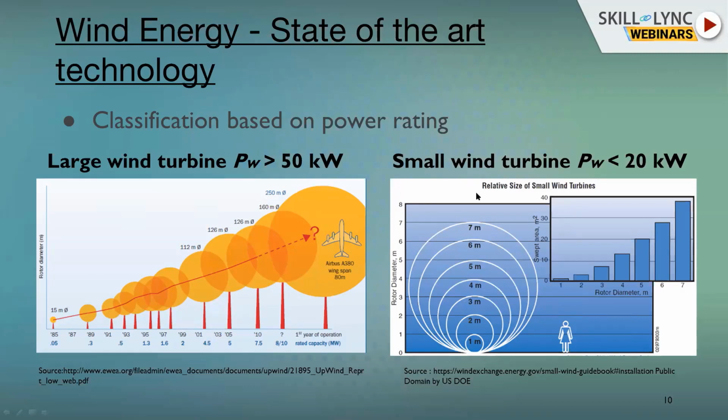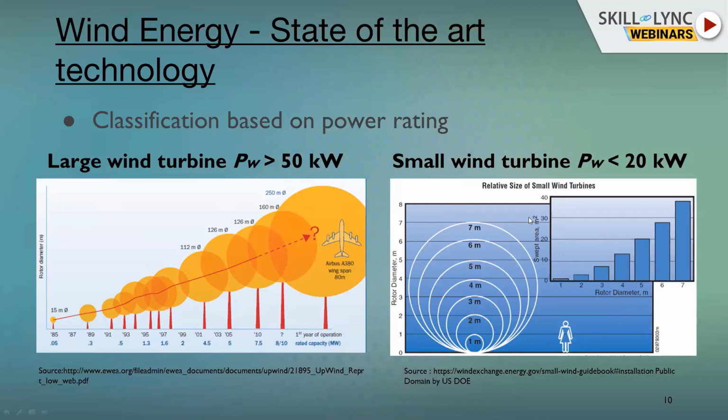But the interesting part, what we have seen in the recent scenario, is that in India, as we all know, it's a very congested country. So establishing large wind turbines requires huge land, and it is very difficult to get huge land and huge infrastructure for establishing large wind turbines. So MNRE, that is the Ministry of New and Renewable Energy, and also the Department of Science and Technology, DST, are mostly focusing on the small wind turbine part. So this is a very burning topic.